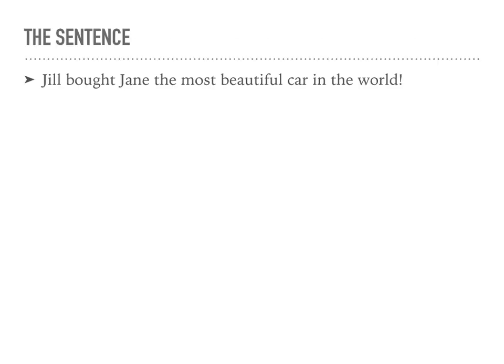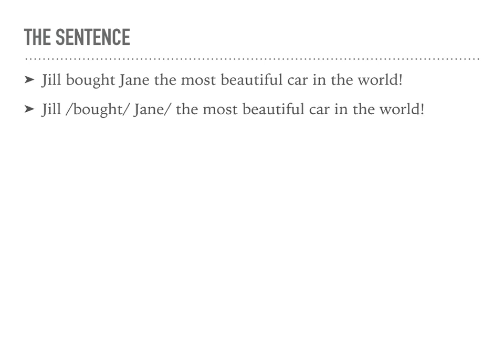So if we look at our sentence, we have Jill bought Jane the most beautiful car in the world. And if we slice or splice the sentence, we get Jill, bought, Jane, the most beautiful car in the world. Because we can say she bought her it, or she bought her that. We can see that Jill is the subject, bought is the predicator, the indirect object is Jane, and the direct object is the most beautiful car in the world. This is because the verb buy is a ditransitive verb, meaning it requires an indirect object